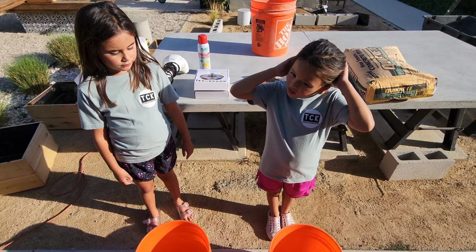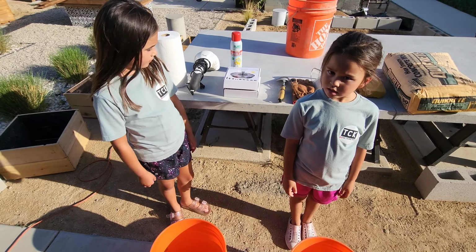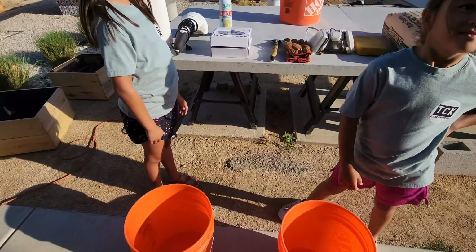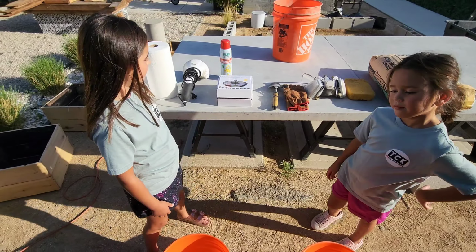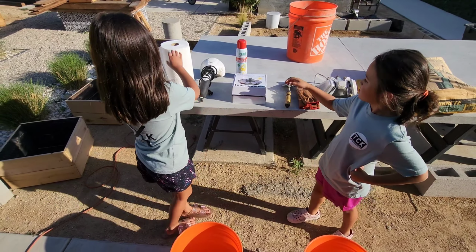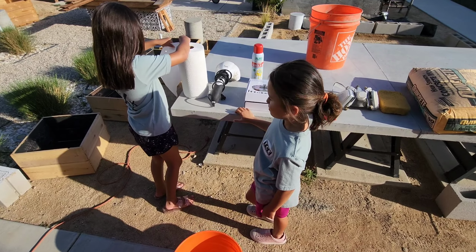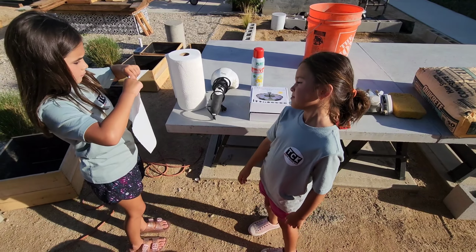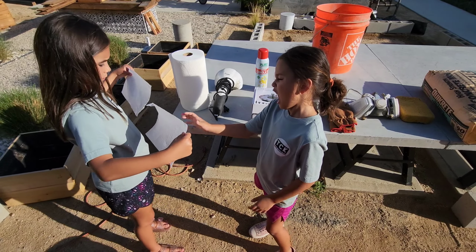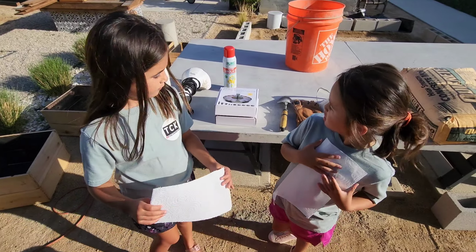Alright, so the first thing we're going to do is get ready to mix the concrete, but first let's go ahead and prep these 2 5-gallon buckets. Okay. Sloan and Olive, get a paper towel each. 1 for Olive and 1 for Sloan. Perfect. All right, now grab the cooking spray,